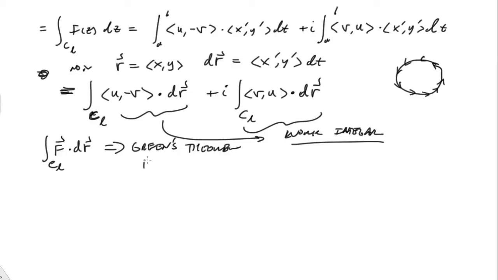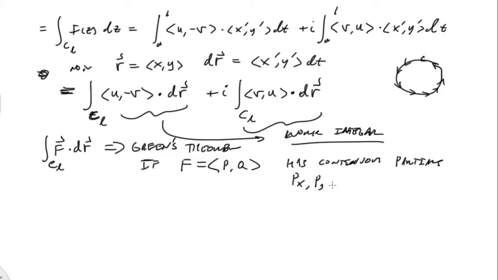It says that if F is equal to some vector field (P, Q), and the vector field has continuous partials, that is, Px, Py, Qx, and Qy are continuous,